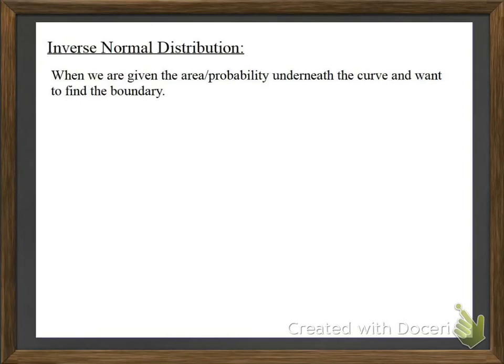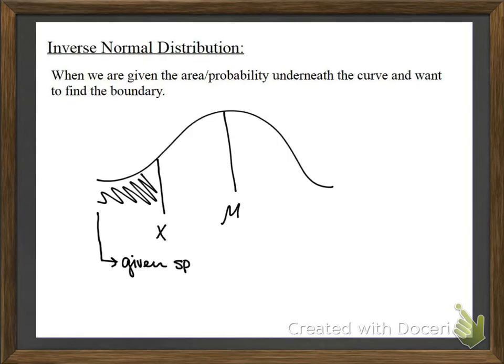In this video, we are going to talk about inverse normal distribution. Inverse normal distribution is just when we're given the area or the probability underneath the curve and we want to find that boundary instead. With normal distribution, we were given that boundary and we wanted to find that area under the curve. So now it's reverse. On the picture, what it looks like is we're given that shaded region and X